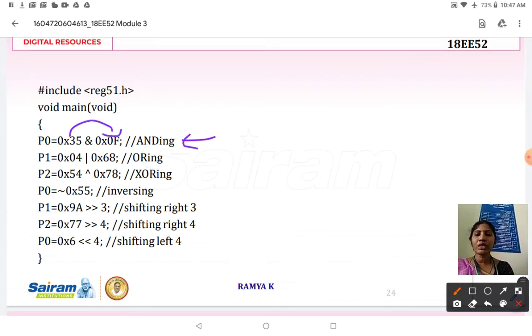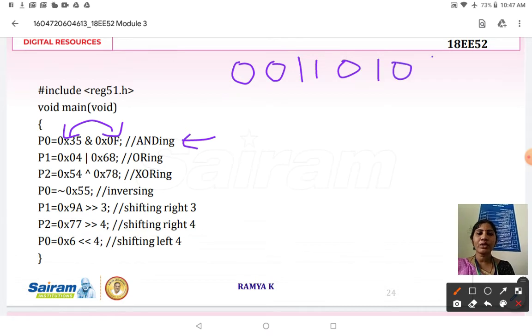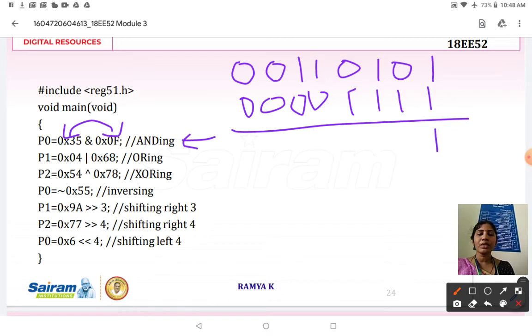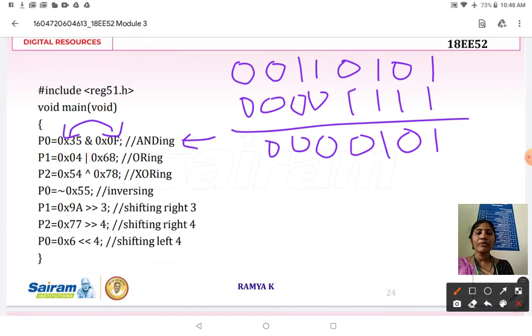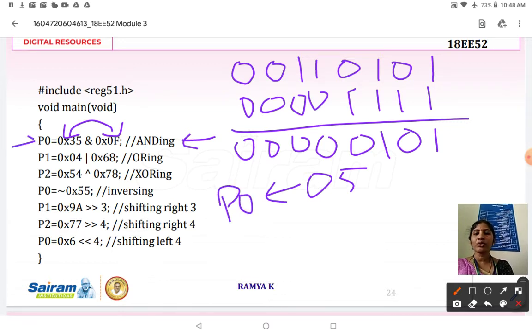Between these two data, a bitwise AND operation takes place. 35 can be written as 0011 0101, and 0F means 0000 1111. Logical AND operation means both inputs have to be true for the output to be true. Otherwise, if any one input is false, the output will be false. So here you will get 05, which will be stored in P0, that is port 0.